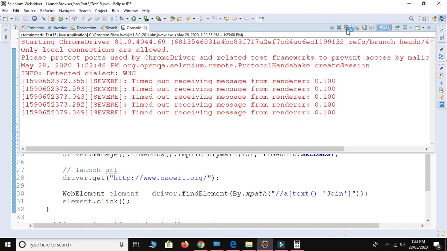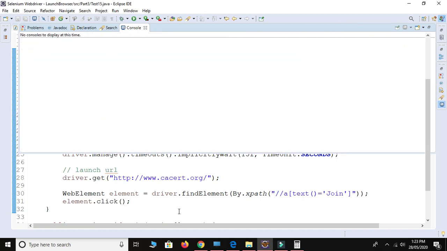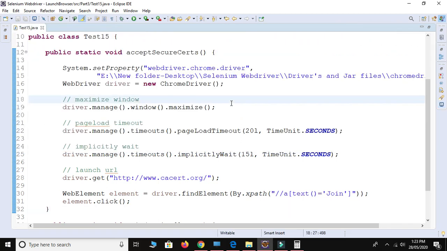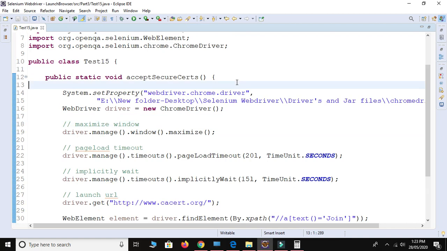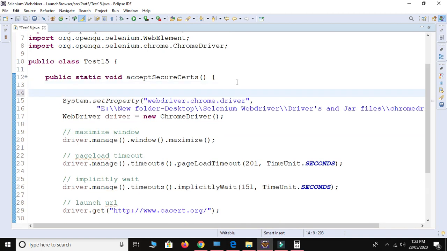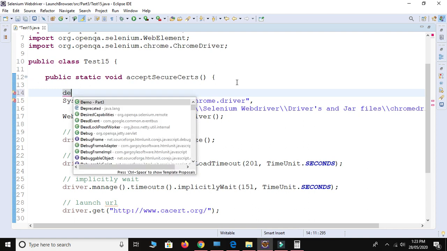So how to do this? To handle such type of certificate issue we need to take help from the DesiredCapabilities class. Which means we need to set some capability for the browser. So we use DesiredCapabilities from the Selenium package.